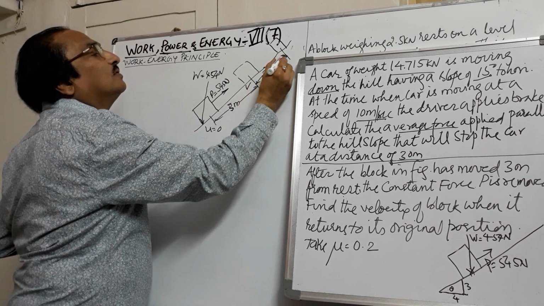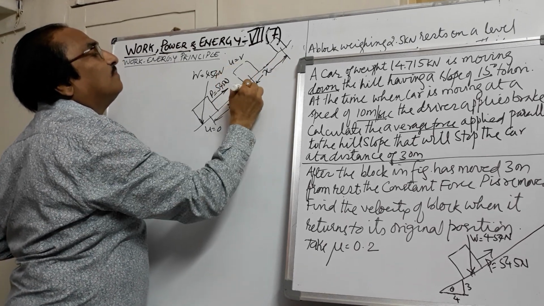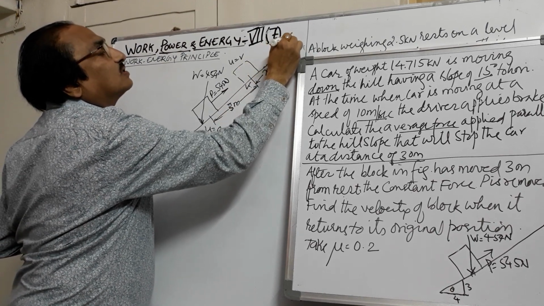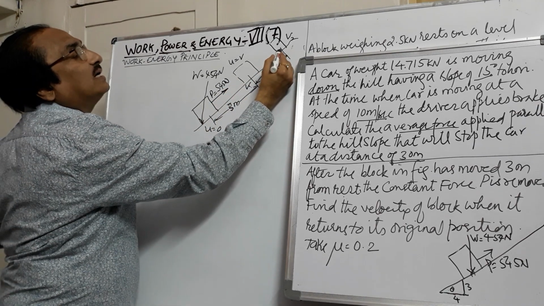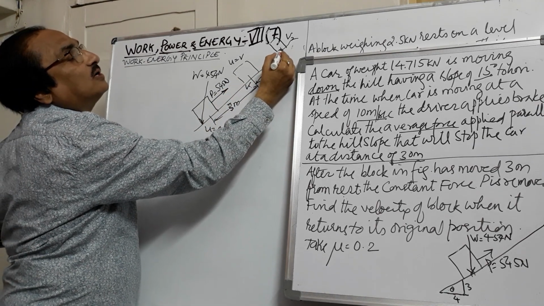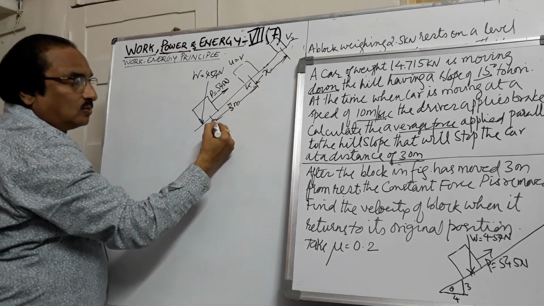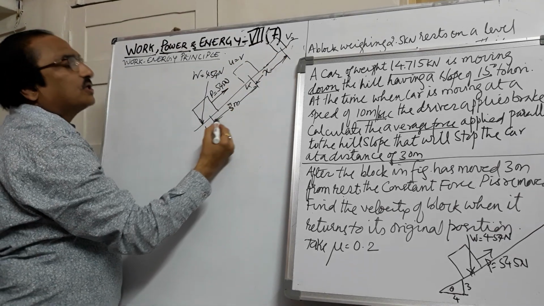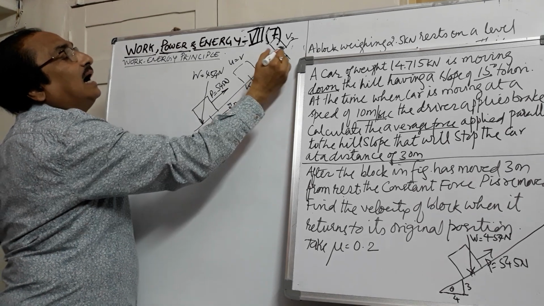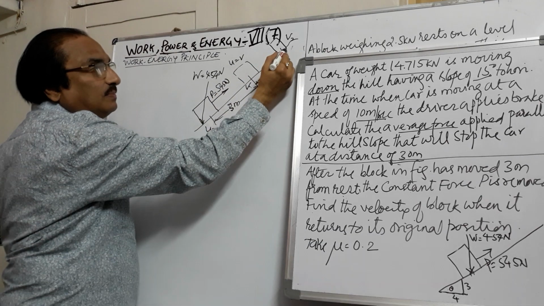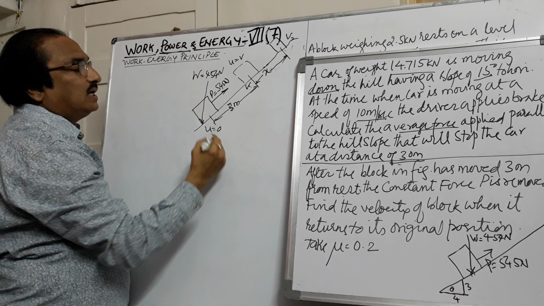So for a distance of x, the initial velocity is the velocity from before, and we get a final velocity v2, for example. When it reaches the top, its velocity will become 0 because it is stopping. From there it starts sliding down. So when it comes to the original position, the total distance it will travel will be 3 plus x, and the initial velocity when it moves down will be 0, and you are required to find out what the final velocity will be.